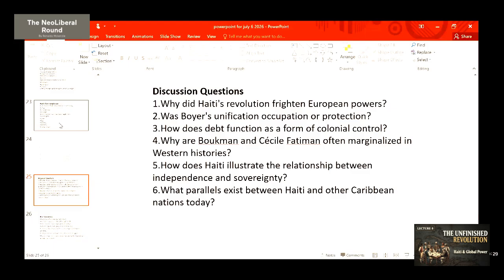And of course, there's also, who else? Who was there in terms of the independence of Haiti? Cécile Fatiman. We talked about her a little bit, so I don't need to go over that anymore. Who else? Dessalines as well. So I think next week we'll talk a little bit about them, because next week we are going to